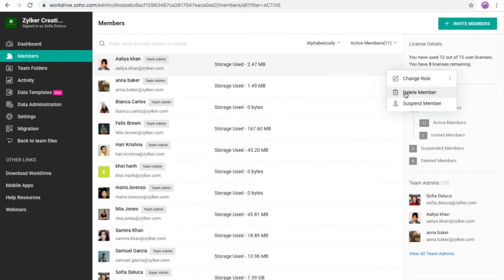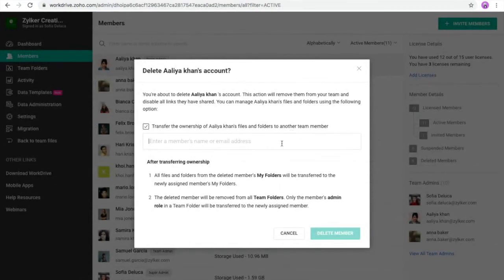And from here, you can also delete or suspend a member. So there are times when we have employees who leave the organization at a very short notice, and you don't have a replacement for it, and you're not sure what happens to their files. So with WorkDrive, you need not worry about that. You can simply suspend the user. So what happens is there is a license that is freed up, and the storage, whatever files that they had created will still be available. I'm talking about the My Folder files as well. So once you find a replacement, then you can simply delete the member. You can enter an alternate member, to which you want to transfer all the files.